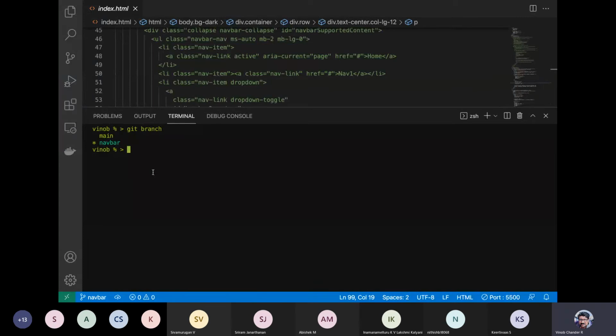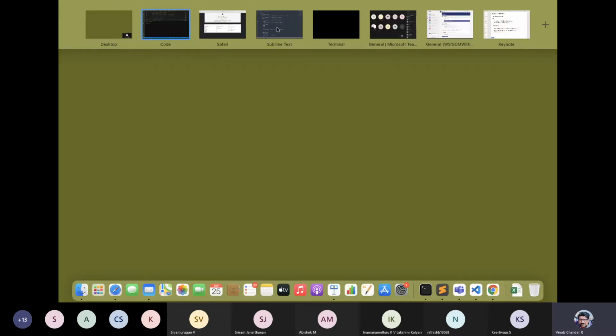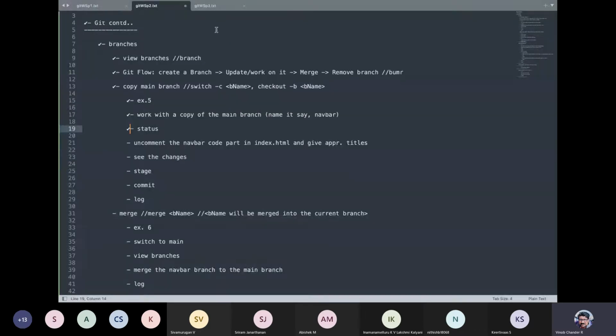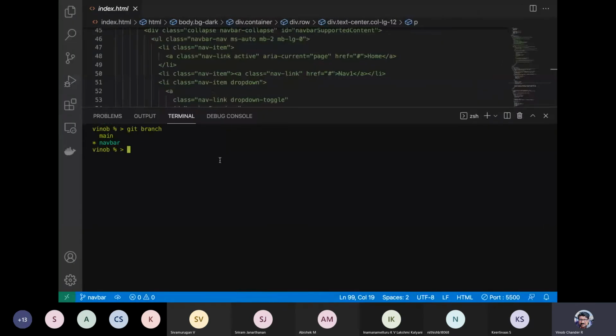We have not done any modification, we have just created a branch. So how do you see the status? Can somebody say? So git status, right? Git status says that you are in branch navbar and there is nothing to commit and the working tree is clean. So to see the status, you say git status.